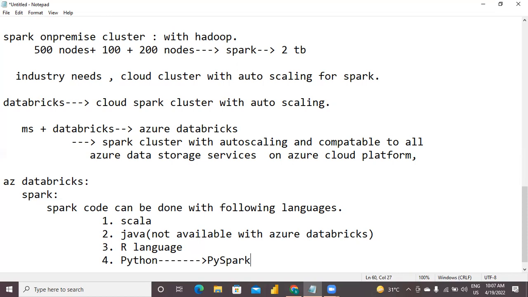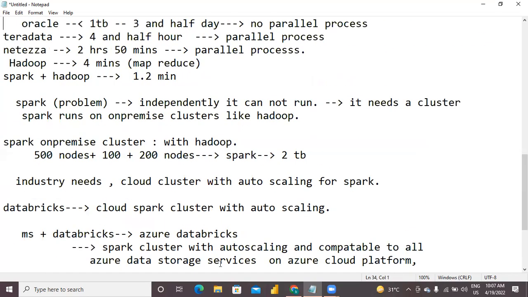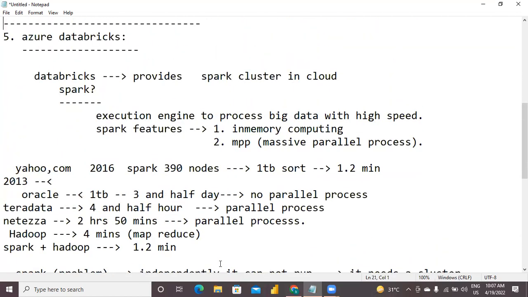Okay. So simply, what is the advantage of Databricks? You just give a small comment. What is Databricks? I'm not asking about Azure Databricks. I'm asking you, what is Databricks? Databricks is a provision of Spark cluster with